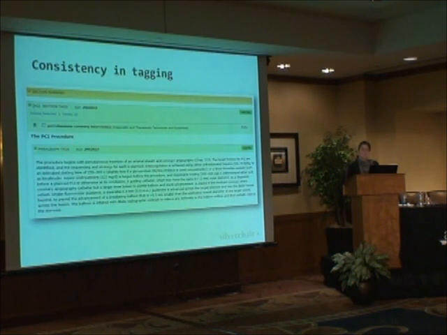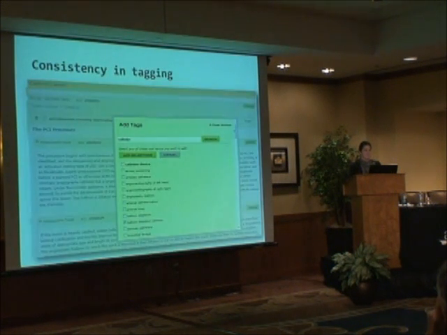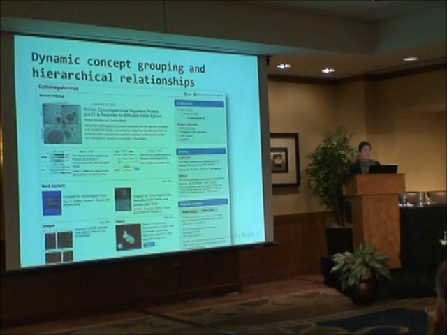Taxonomy is going to give you consistency in tagging. So no matter if your tagging is done by humans or by computers, you want to control it. So when a computer or human comes along and they need to add a concept related to, for example, here, a catheter, you want to make sure that they're picking the right concept for catheter, the most precise and the correct concept, so consistency in tagging.